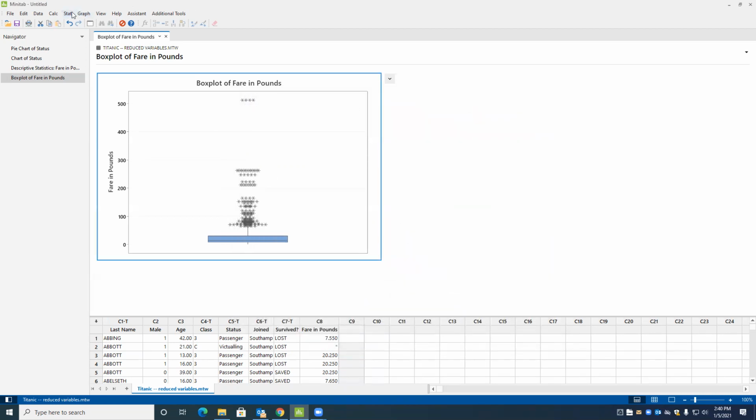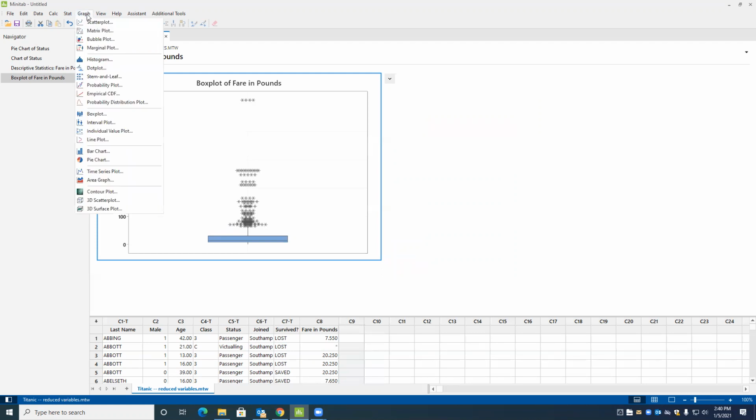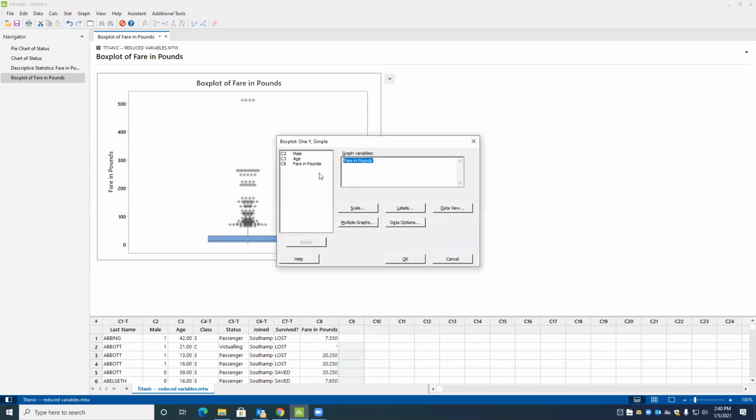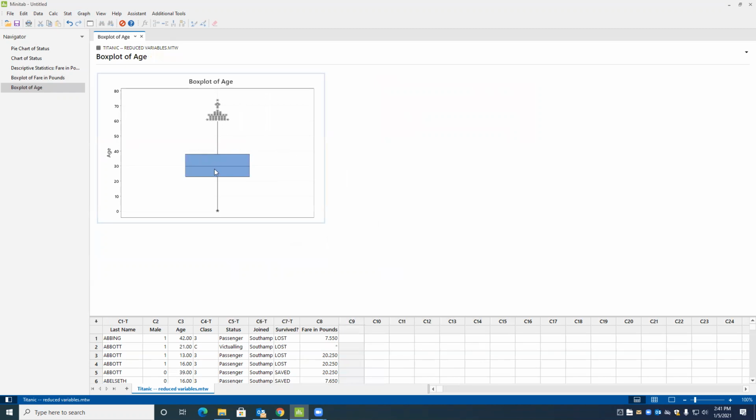So I'm going under graph. Under graph we have dot plot, box plot, and I'm just taking age and just do it. Here you can clearly see the age outlier symbol, and this you can clearly see under this, 74.